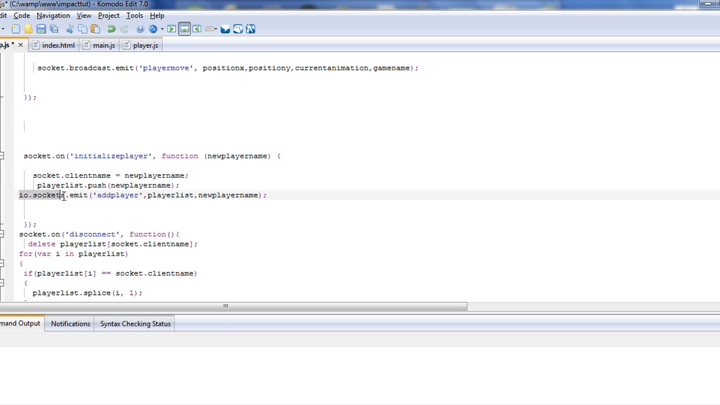So the next thing I want to do, there's a couple different emits that you have. Let's start with this one, io.sockets.emit. io.sockets.emit broadcasts to every single client on the board. It says everybody who's connected, you need to run a function. You need to run your function called add player, and I'm going to pass you the array player list plus this new player name that's in here. So now the server is telling all the clients, hey, run this function that you have